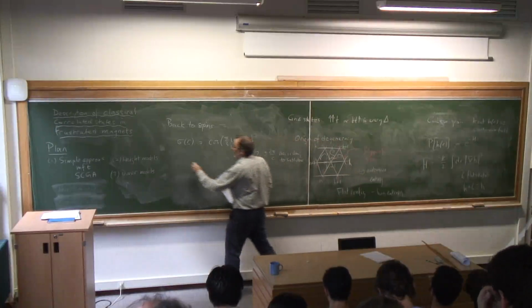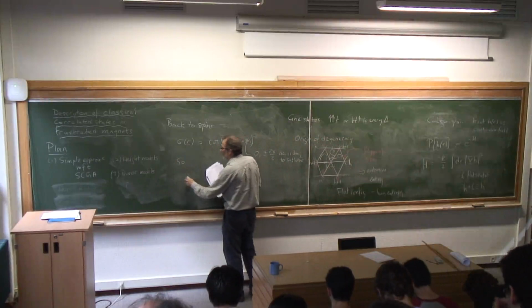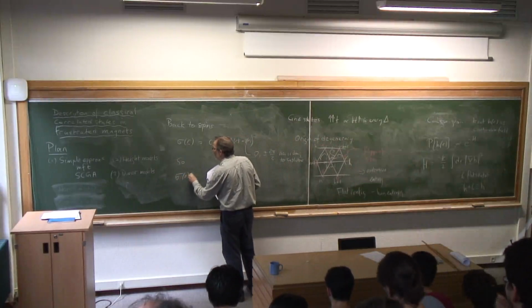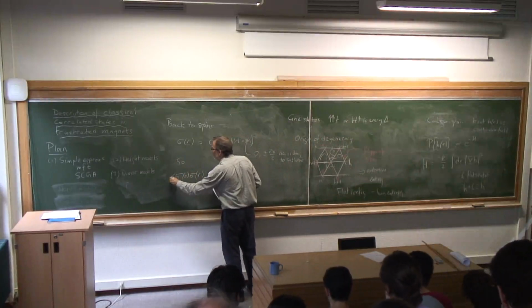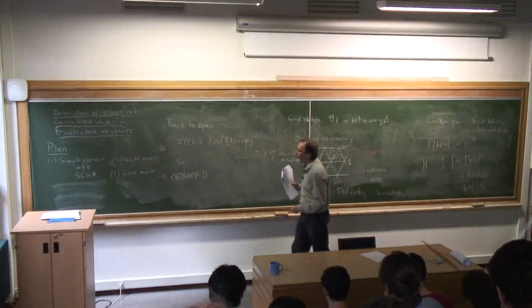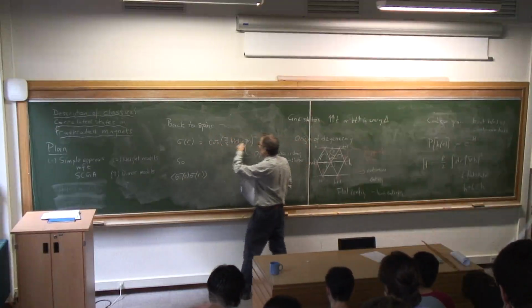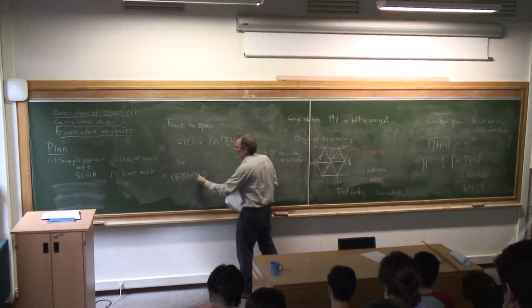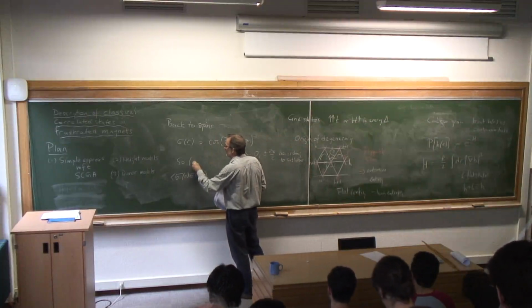So that means that if we want to calculate a correlator like that, and for simplicity I can take both points to be on the same sublattice,